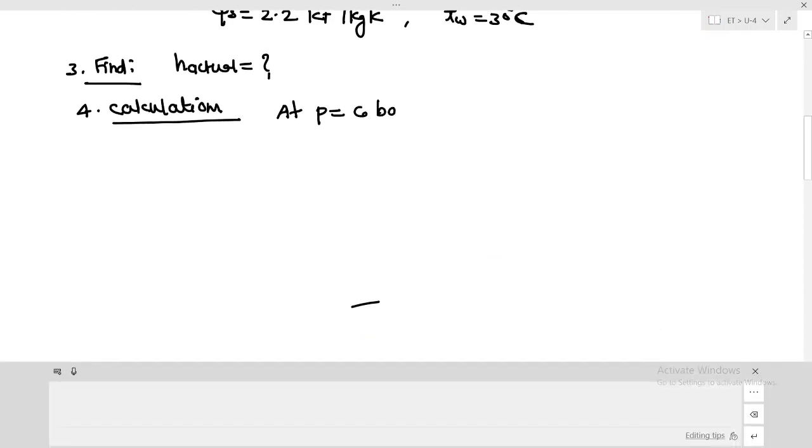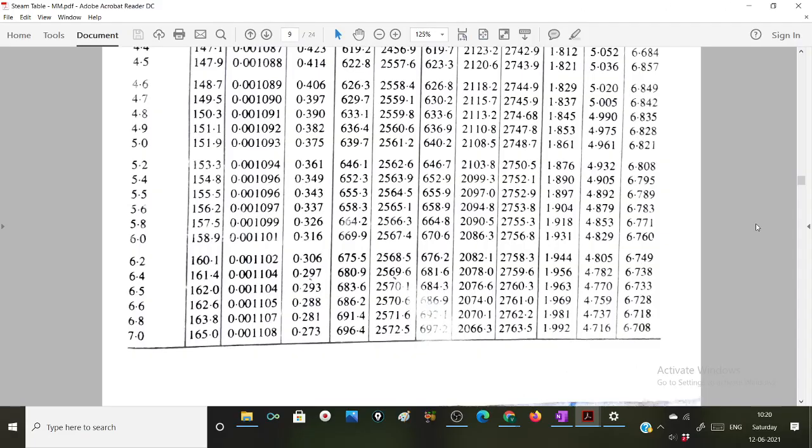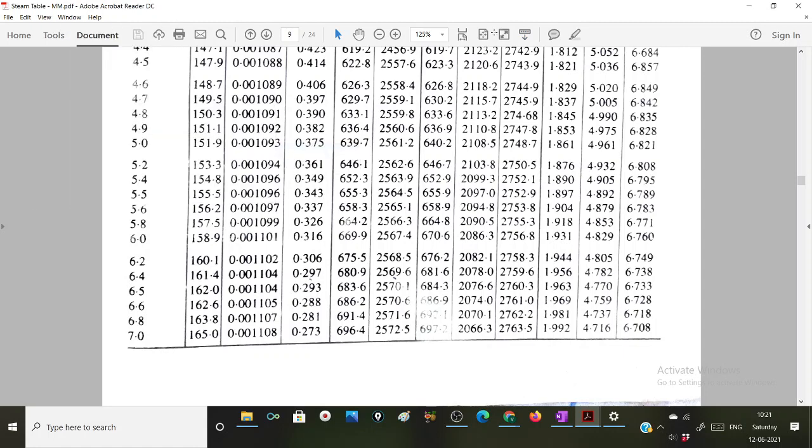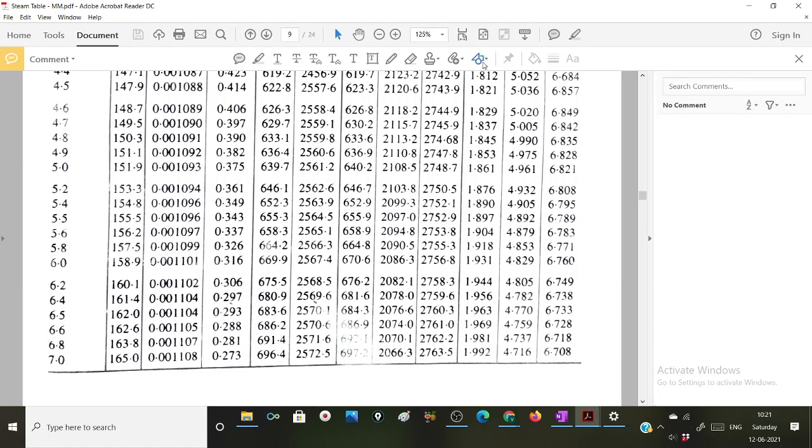So at pressure of 6 bar from steam table by Mathur and Mehta, I can find out the value of